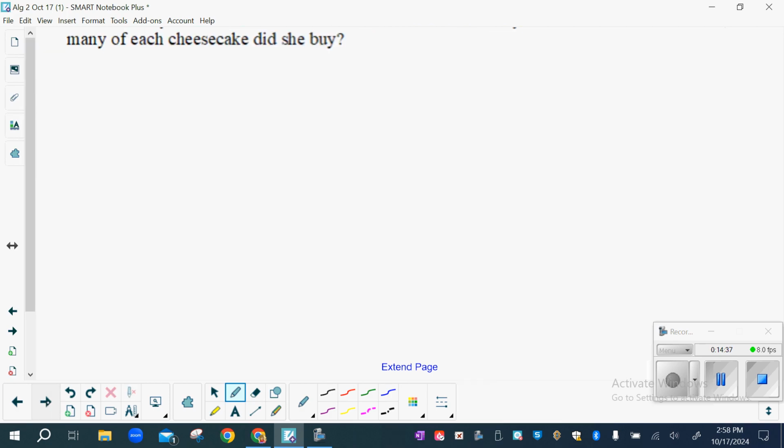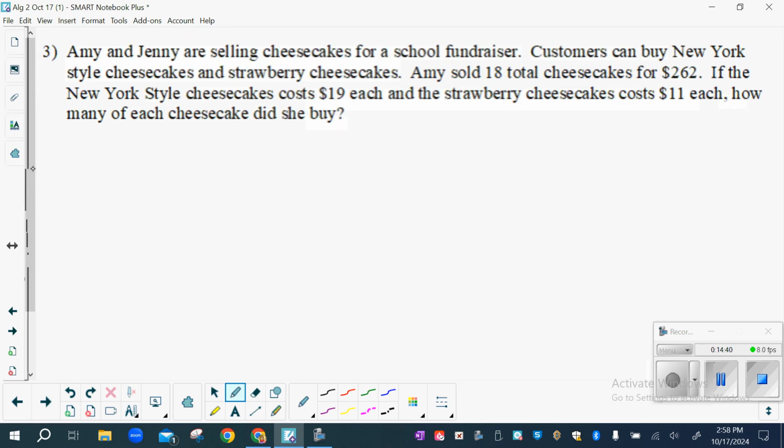Okay, last one. Amy and Jenny are selling cheesecakes for a school fundraiser. Customers can buy New York style cheesecakes and strawberry cheesecakes. Amy sold 18 total cheesecakes for $262. If the New York style cheesecakes cost $19 each and the strawberry cheesecakes cost $11 each, how many of each cheesecake did she buy? So this time, our X